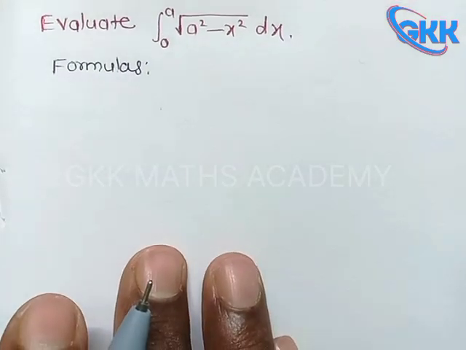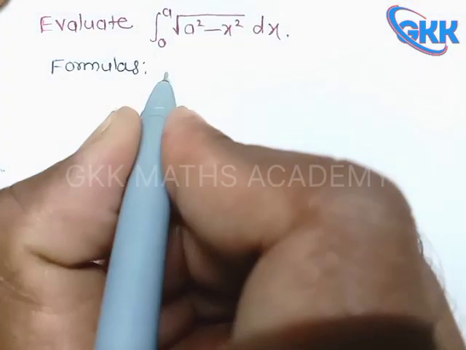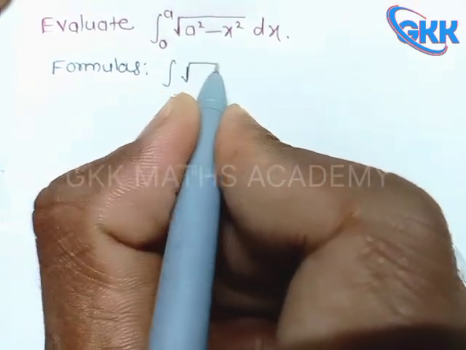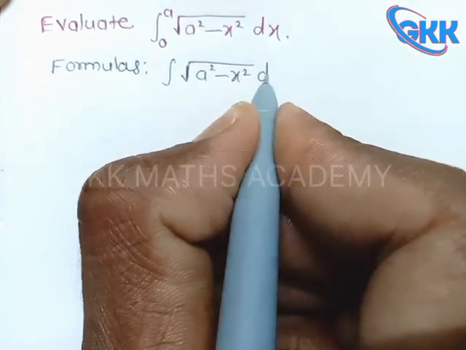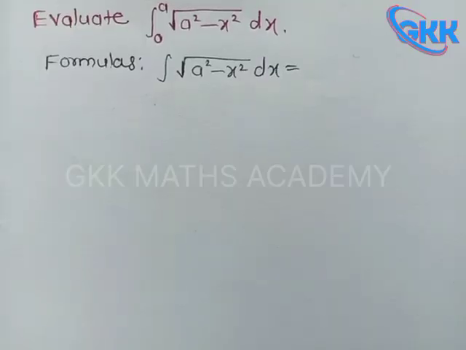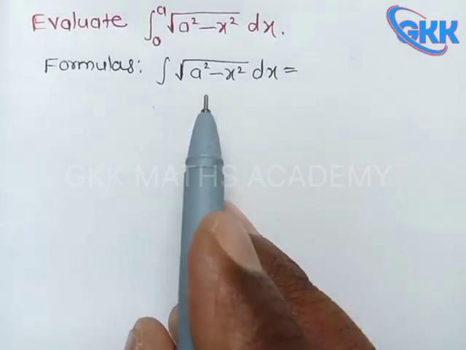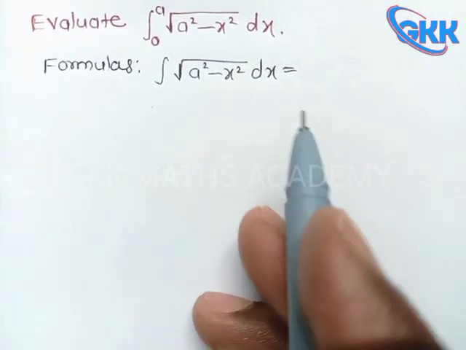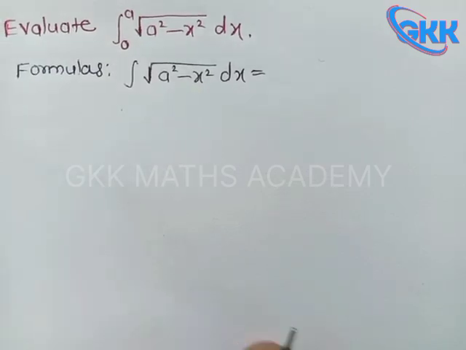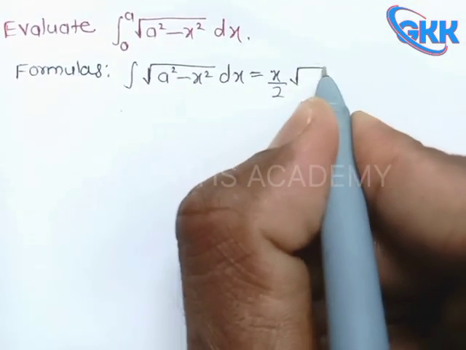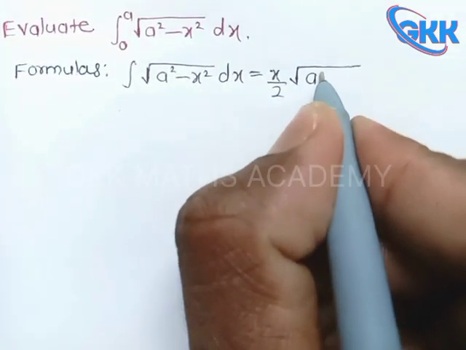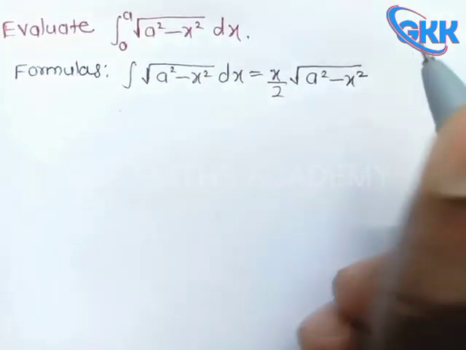First formula: the integral of the square root of a square minus x square dx. The formula is x upon 2 times the square root of a square minus x square,